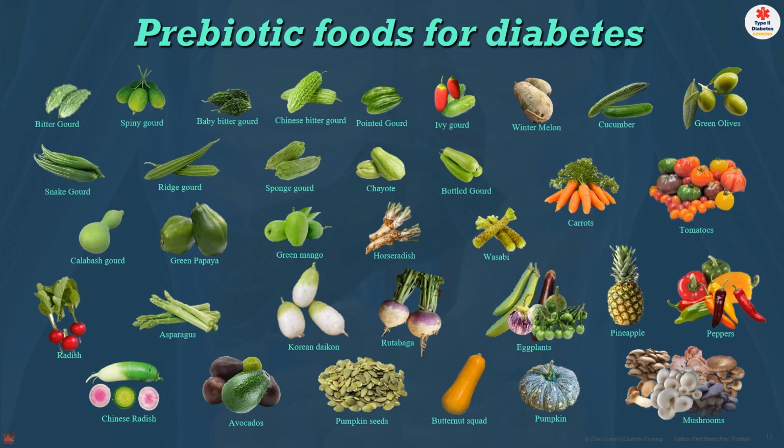And then you've got the ridge gourd, those kinds of things. Now, if you go to a Thai grocery store, you can buy them. Okay, then sometimes they call it snake gourd. They're almost similar. It depends. And then you've got the sponge gourd. Those things you can use. Chayote, when I had the restaurant, I put it in my curry. Everybody loved it because you pre-cook them a little bit and then you put it in there. And there you get a double shot of your prebiotics because